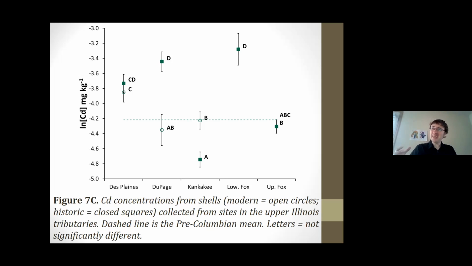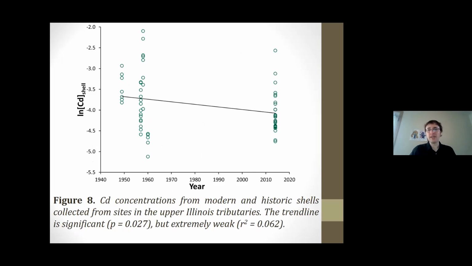So how do you take these, and again, these are just 3 of the elements that I took a look at, and get a story out of them? A story that makes sense. Some of them are up compared to history, some of them are down, some of them are up compared to the pre-Columbian background, some of them are lower. What's going on?